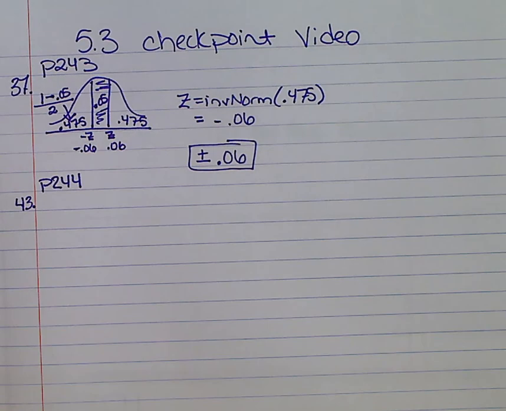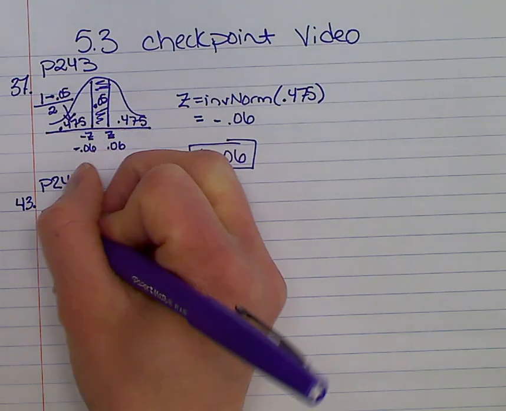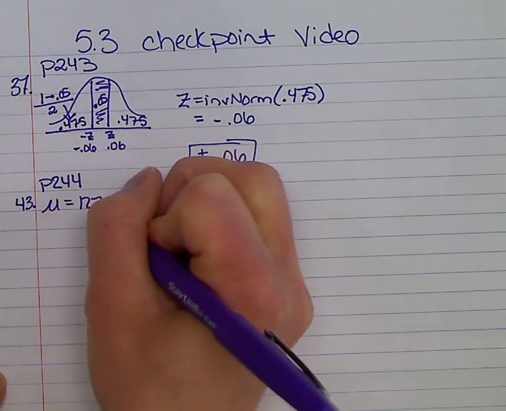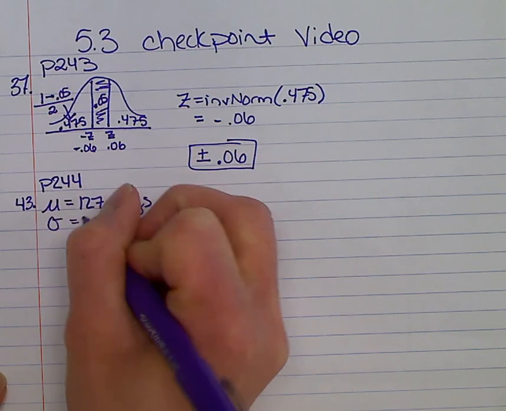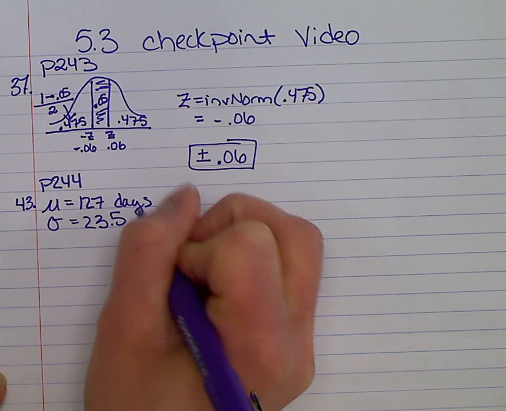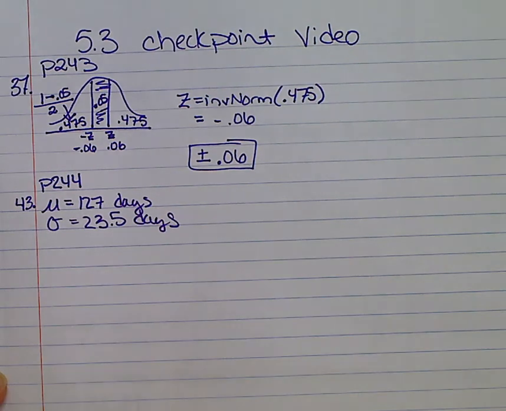So in number 43, it says the time spent in days waiting for a heart transplant in Ohio and Michigan for patients with type A blood can be approximately normally distributed as shown by the graph. So in the margins of your page, the important piece of information that we need to pull from that image with the normal curve is that mu is 127 days with a standard deviation of 23.5 days. We're going to create our own sketch anyways. It says in part A,